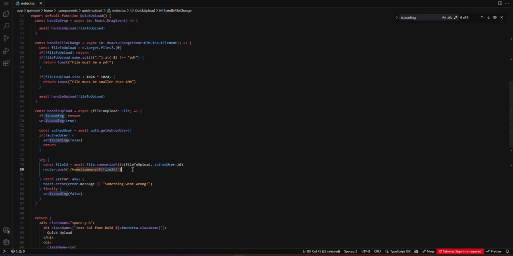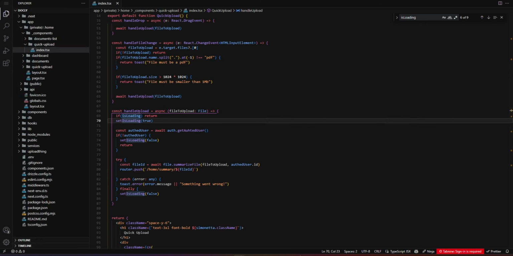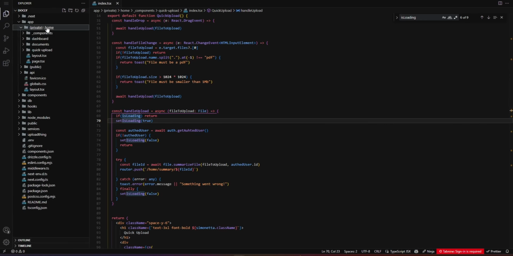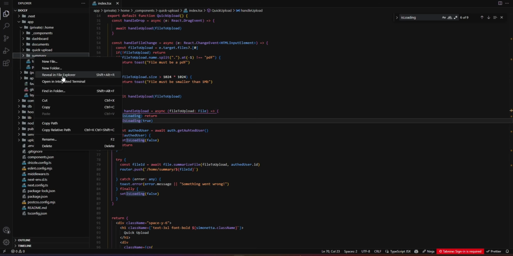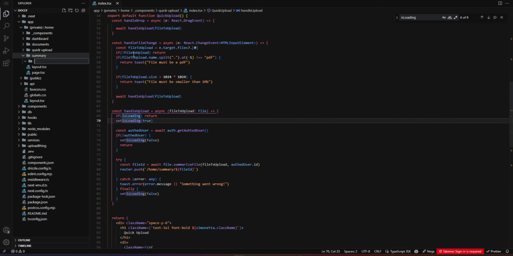Okay, as you know, this page is not created yet, but we are going to create it now. All right, so here on the file explorer, you can go to the private folder and then home, and then we are going to create a new folder inside of home, which is going to be summary. All right, and then summary is going to have this dynamic page, which is going to be ID. So we use those brackets to say that this is going to be dynamic, just because here we have summary and then slash and then this dynamic ID. So basically we're going to do this. So ID, and then to turn this into a page, we're just going to say here